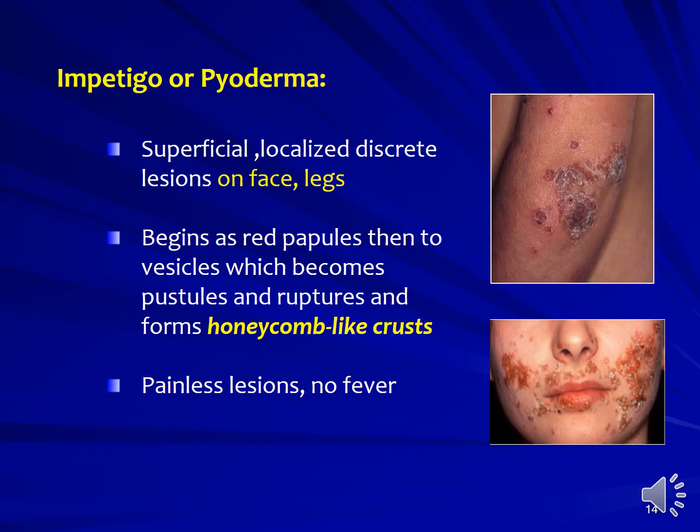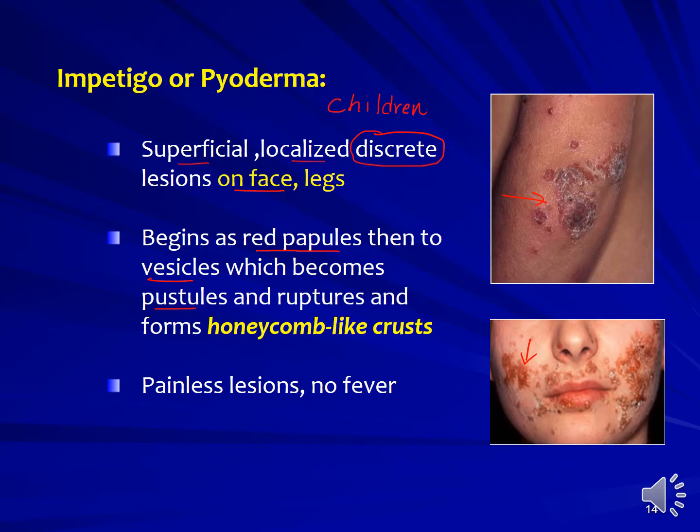Pyoderma is commonly seen among the children and adolescents also. Here also the lesions are superficial and localized, but discrete in nature. See here the discrete lesions all over, commonly seen on the face and legs of the involved persons, and it begins as a red papule, then it will be converted into vesicles,